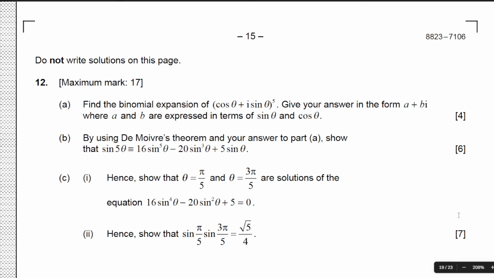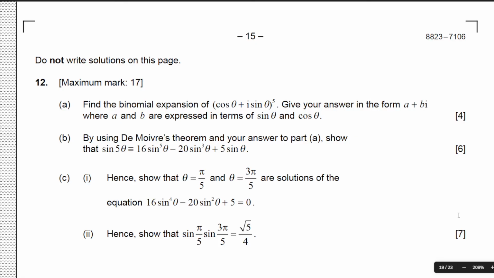Find the binomial expansion of (cos theta + i sin theta) to the power of 5. Give your answer in the form a + bi, where a and b are expressed in terms of sin theta and cos theta. By using de Moivre's theorem and your answer to part A, show that